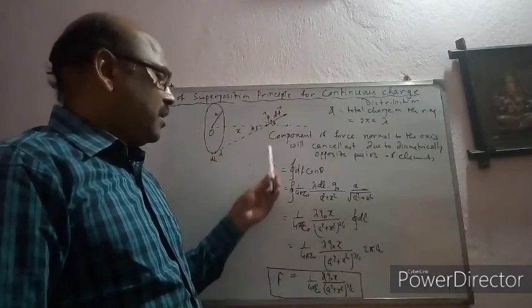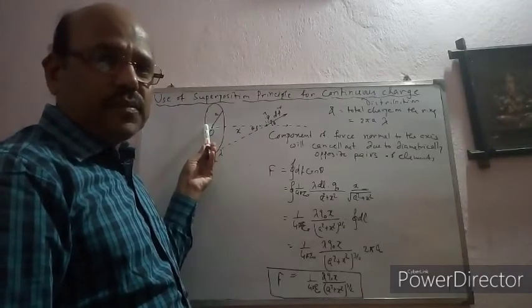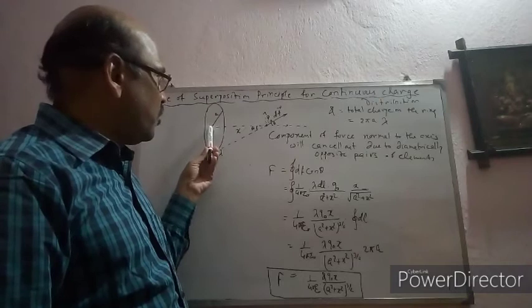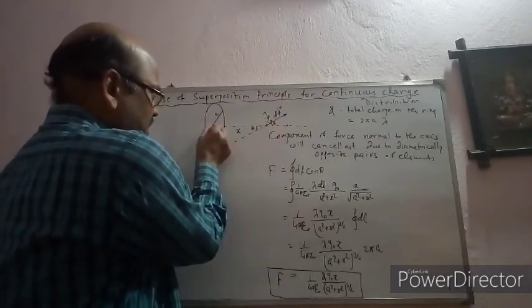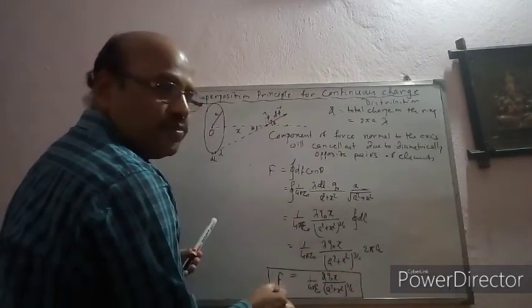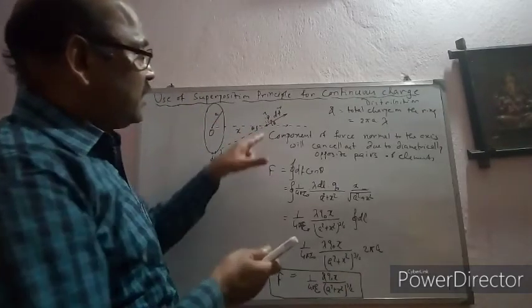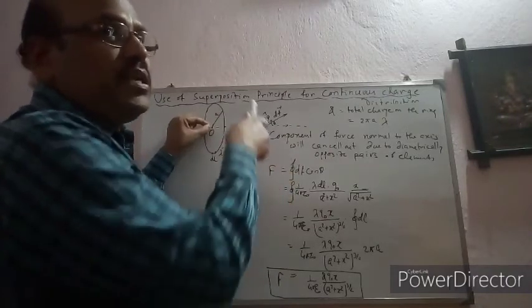You can calculate the force if the charge is at the center O. When the charge is at the center O, which value will be 0? X will be 0. If charge q naught is at the center, the value of x will be 0. So putting x equal to 0, the total force becomes 0. That is, the test charge q naught does not experience any force if it is kept at the center of the ring.